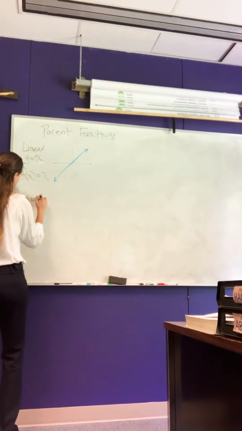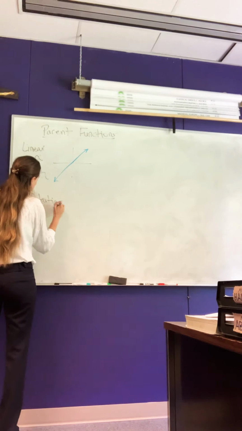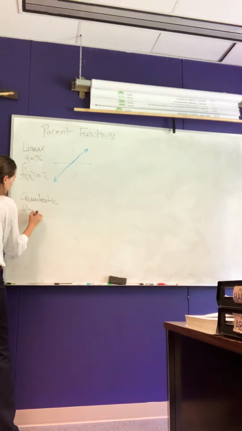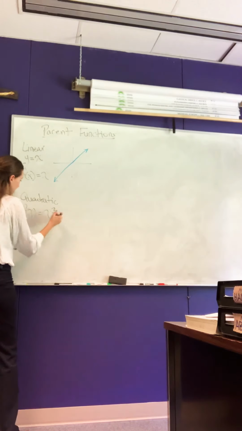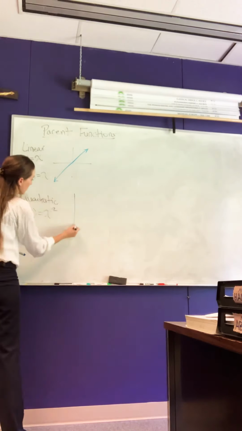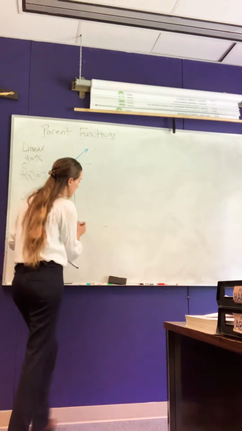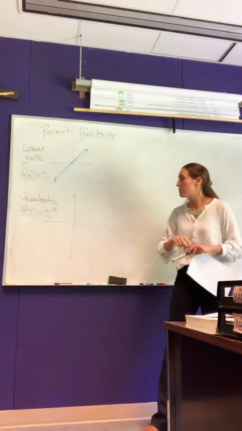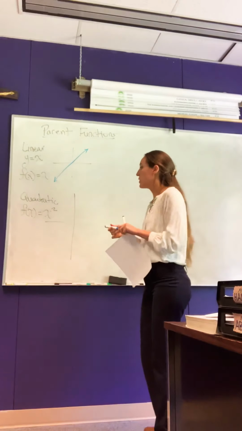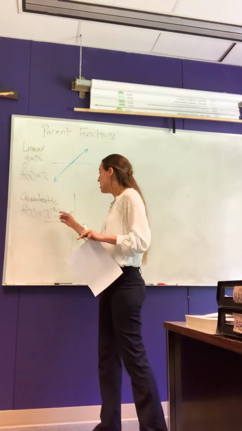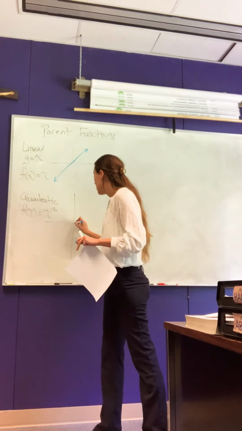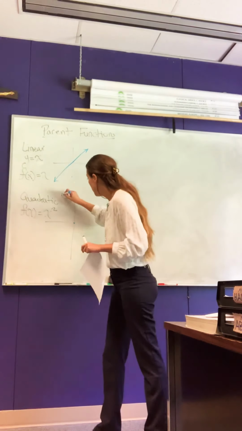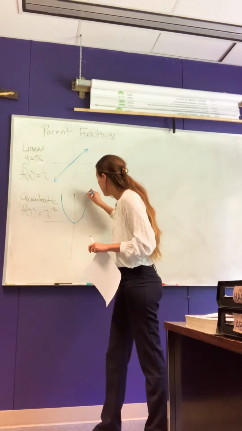Quadratic. Think of it as f of x equals x squared. Again, we can add a bunch of different things to that equation. Plus or minus things, multiply things on, throw some negatives in there. We can change it, but the parent is a U shape that hits at 0, 0. That parabola shape,